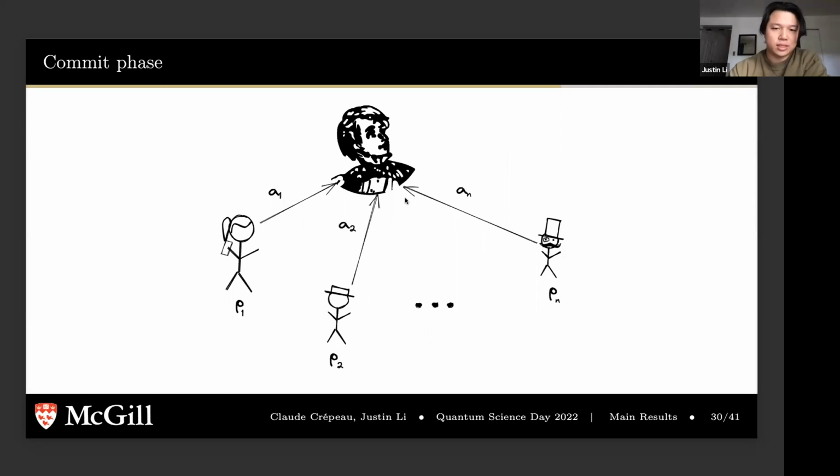Now, there's a problem with this. If the verifier knows all the inputs and outputs of any round, there's a good chance that he can find out what strategy the players have agreed on. And if he can find that out, there's a chance that he can find out what the exclusion set is, and then maybe he can also guess what bit value they're trying to commit to on that round, which would break the hiding property of the commitment protocol.